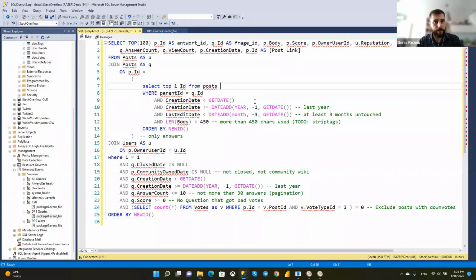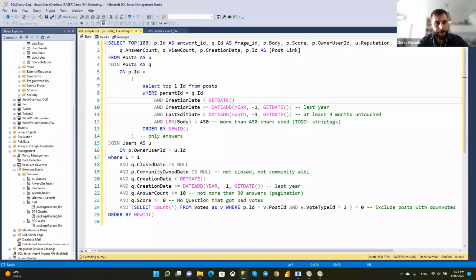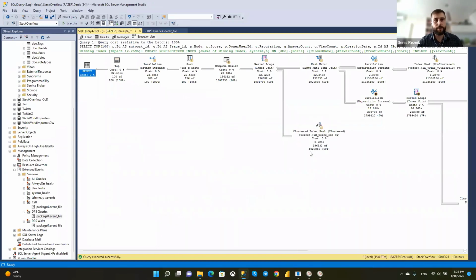It's the Stack Overflow database again. 26 seconds. That's pretty much. Okay, it finished. This is the execution plan.